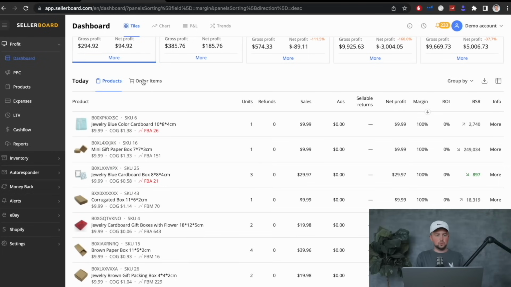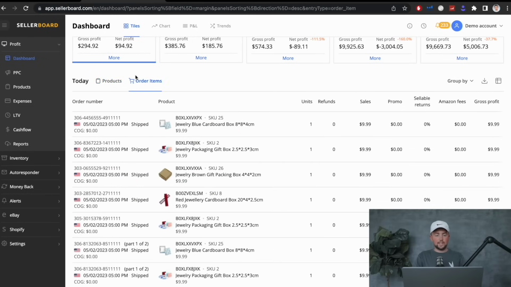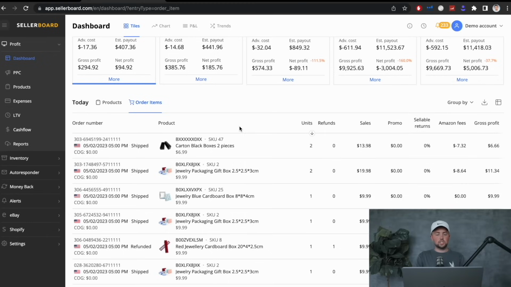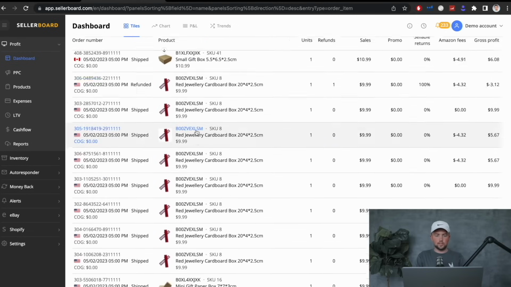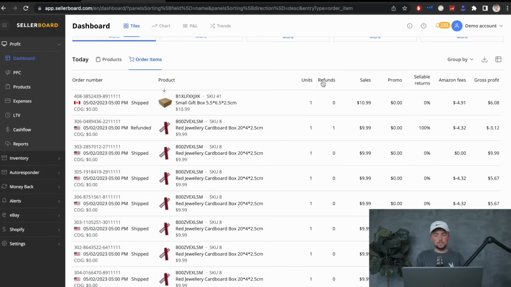Now, if we switch on over to the order tab, now that we've selected the order items tab, we can see the actual orders that have been made. This will actually show us the orders that customers have made. As I sort this by units, you can see that on this order, someone bought 2 units with the order number here, and the cost of goods will be updated for these orders as well, but it just gives you more of an inside look at what the customer behavior is on each one of these orders. But again, you can filter this view by any one of these analytics that you want, whether you want to see it by products that have been ordered, the amount of units that were ordered, sales, promotional, or really any one of these that you want to look at.